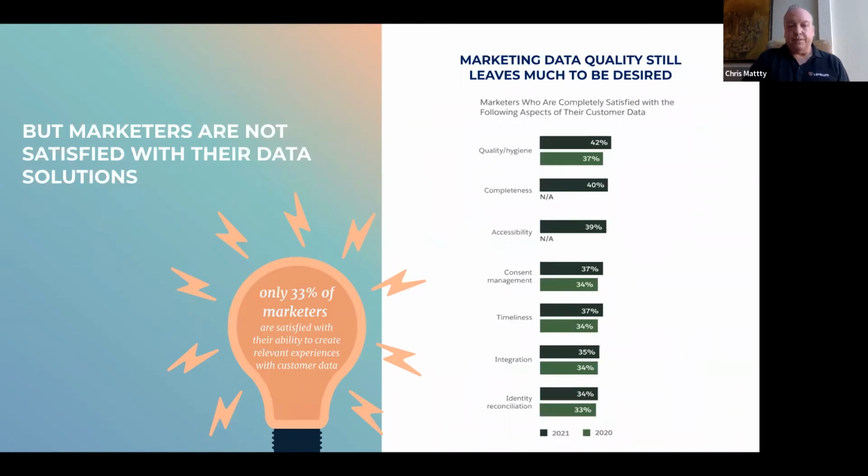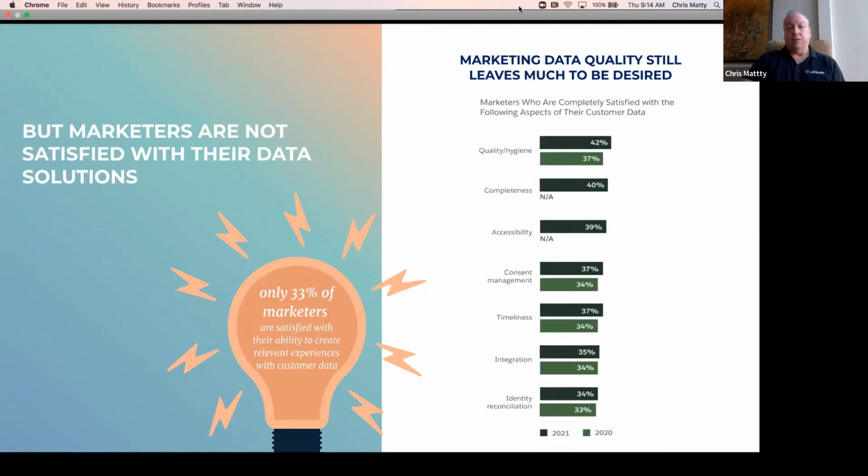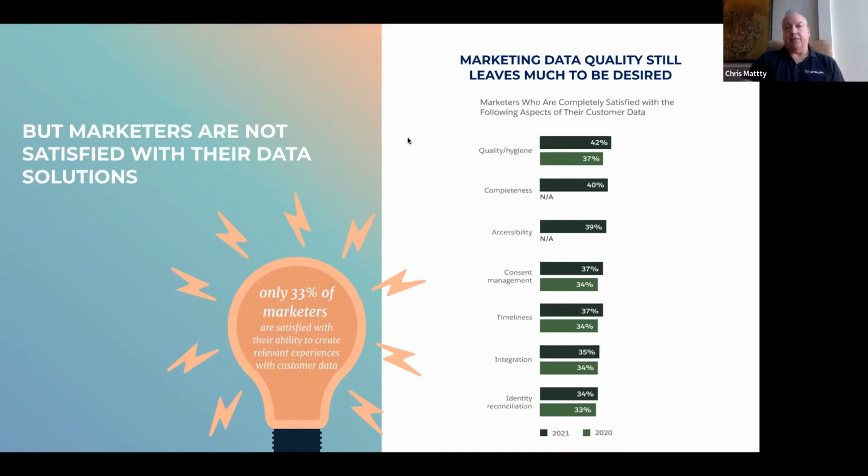The problem is that data is a challenge. It's difficult. There's all sorts of problems with data. Only 33% of marketers say that they are satisfied with their ability to effectively optimize their consumer experience with data. Really, how satisfied are they with the data? And that's what we focus on. We help solve a lot of these problems with our technology. A list of some of the problems people are encountering, and I'm sure, Sean, you've seen some of these. I know you guys solve some of this every day, right?